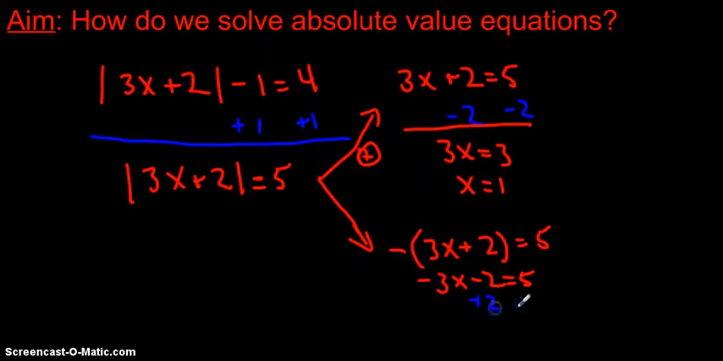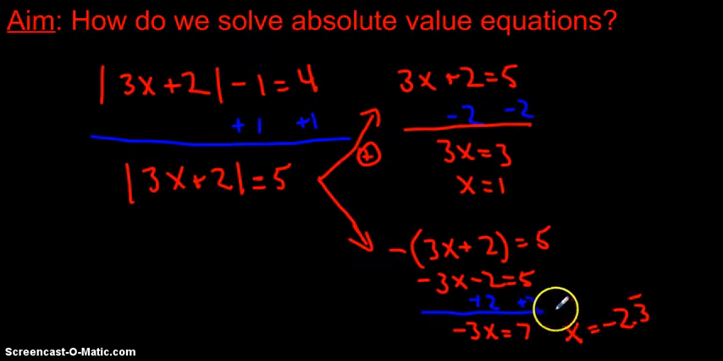We add 2, we'll get negative 3x is equal to 7, which means x is equal to 7 divided by negative 3, so it's negative, and that's 2 1/3, 2.33333. So this actually is two answers,